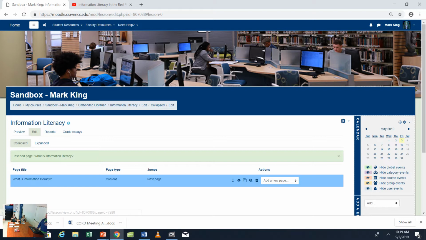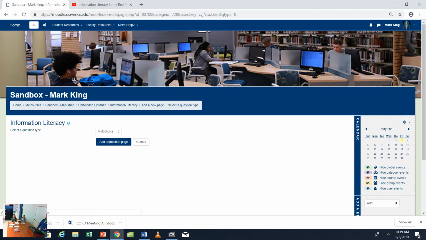You can edit it, but what I'm going to do here is add a new page, and in this case, I'm going to add a question page. So, like I said, it's kind of limited with the types of questions you can ask. I like that they added matching in. I always wanted to be able to add a matching question into a lesson. So now I can do it. That's my summer project, to go back and revamp the ACA orientation with lessons.